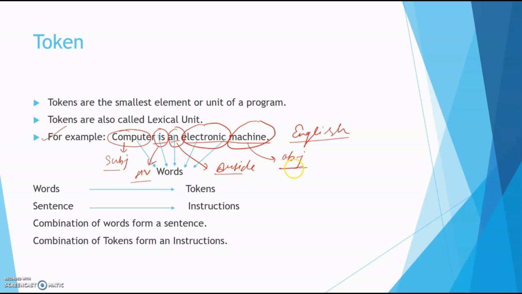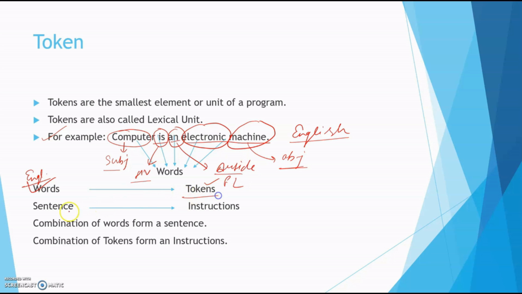Similarly, tokens are divided into different parts according to their nature. Tokens are the smallest element, or you can say unit, of a program. They are also called lexical units, right? So words are the tokens in a programming language.